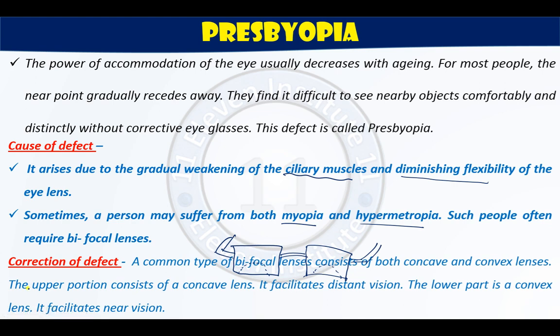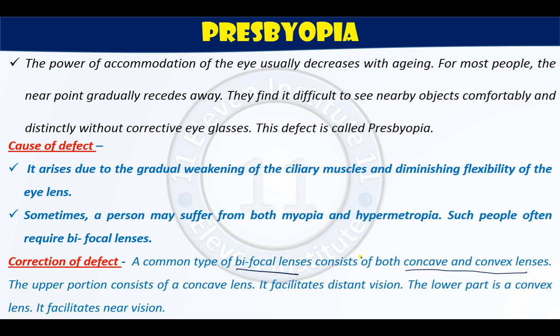Correction of this defect: how can you correct presbyopia? Presbyopia can be corrected with the help of a bifocal lens which contains both concave and convex lenses. The upper portion consists of a concave lens. I have shown it to you. It facilitates the distant vision, and the lower part is a convex lens and it facilitates the